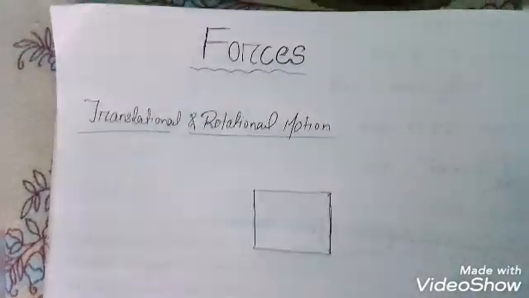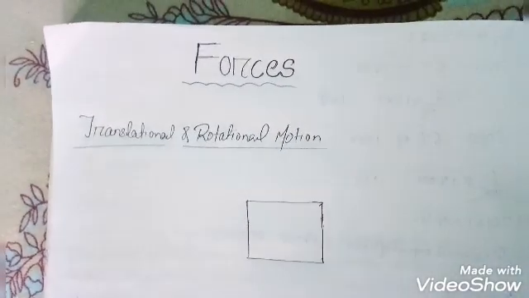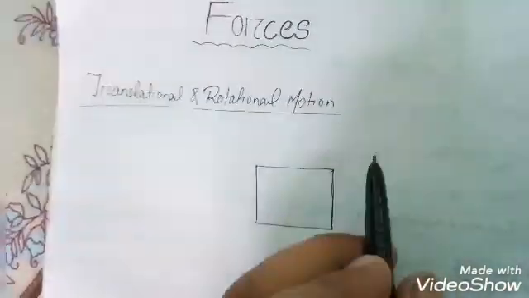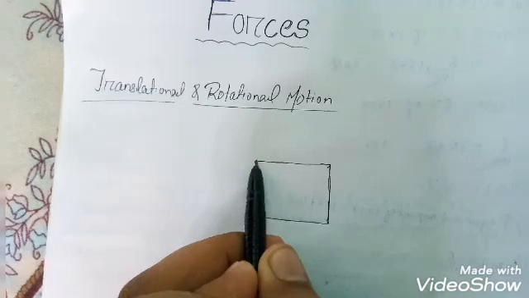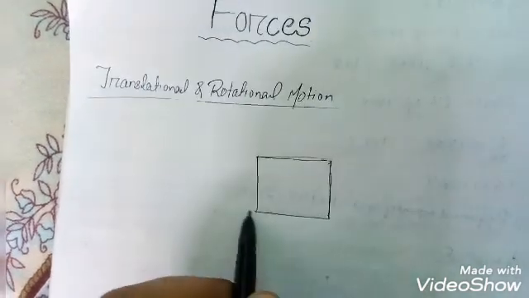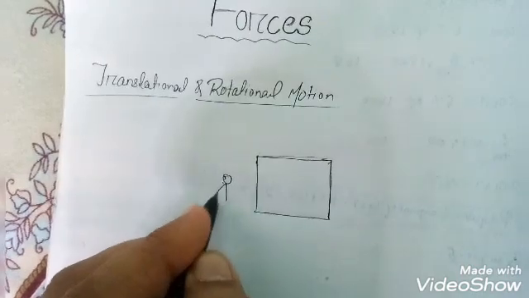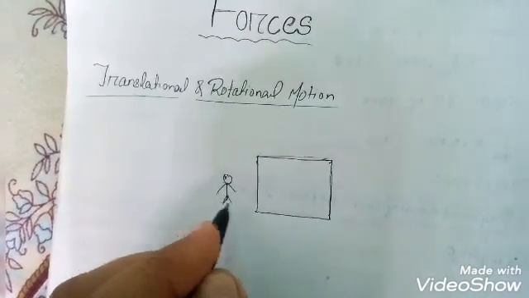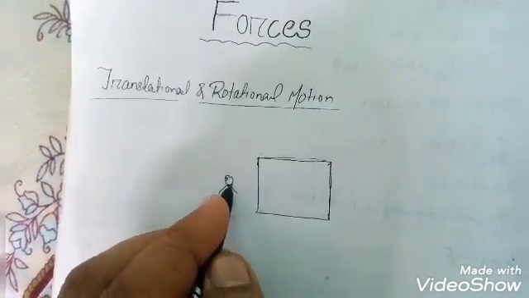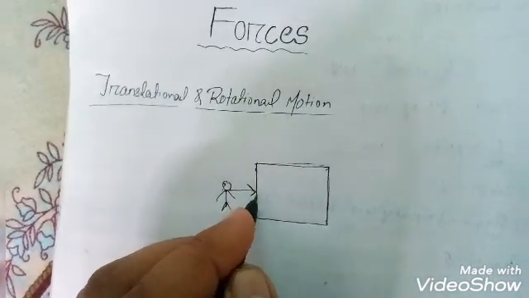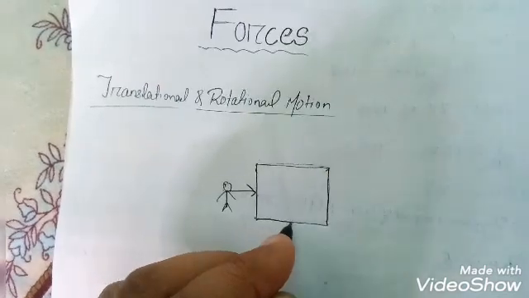So first we will learn what is translational and rotational motion. Translational motion means, suppose there is a rigid body, and there is one person standing here. This person will exert a force upon this rigid body. After exerting a force,